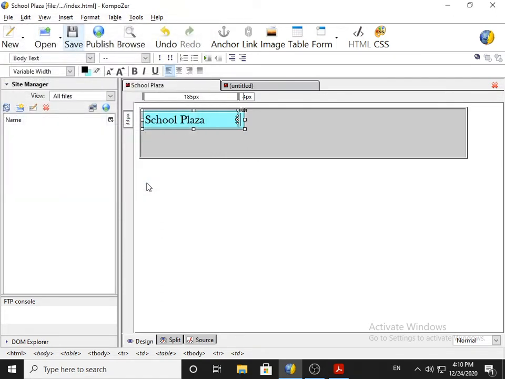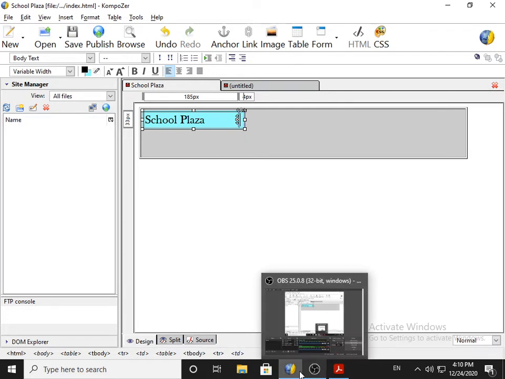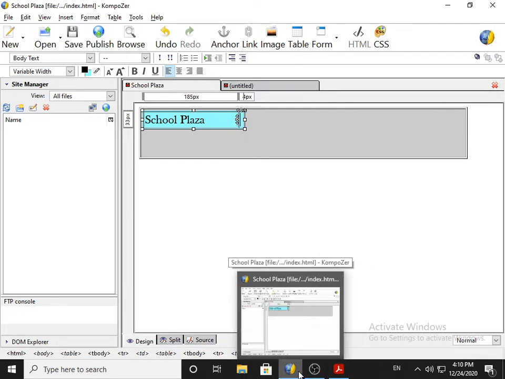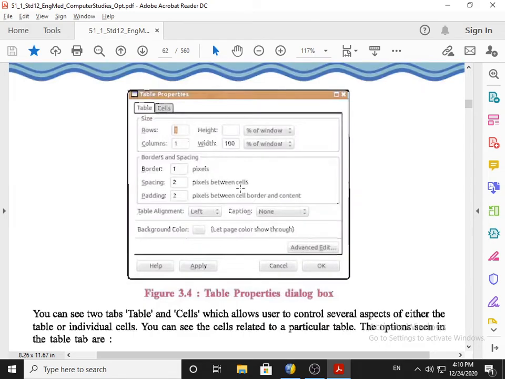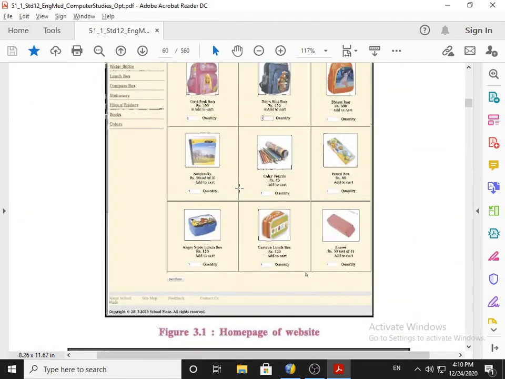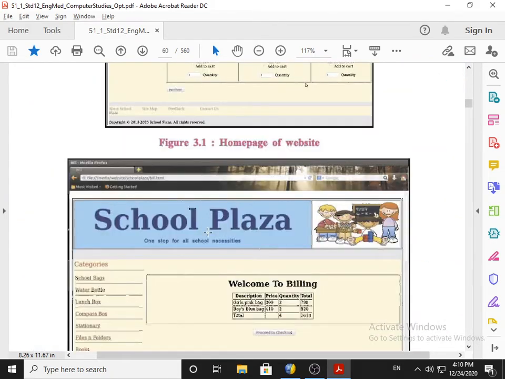Now before we insert image, we need to complete the process of School Plaza like this. We want to write like this: School Plaza, one stop for all necessities.